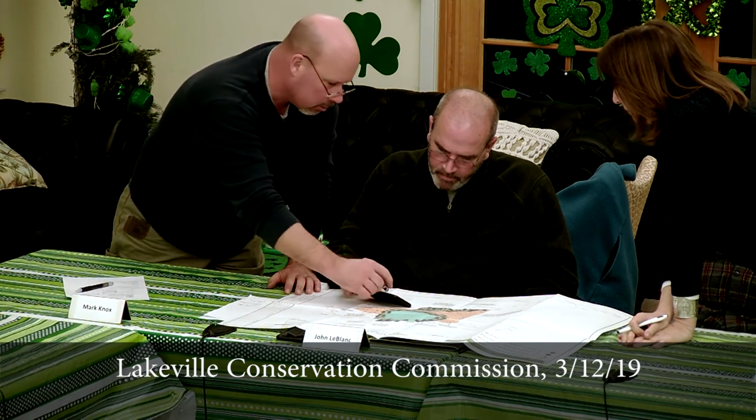We think it needs some work. We think we can maybe satisfy the commission. But DEP, you should know that this plan is out there, because they've already been aware of it. My point is, I'm not saying this, like, the GIS maps that show water and wetlands, but I'm just saying,